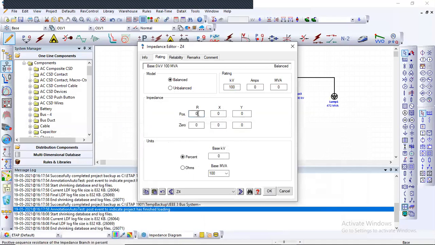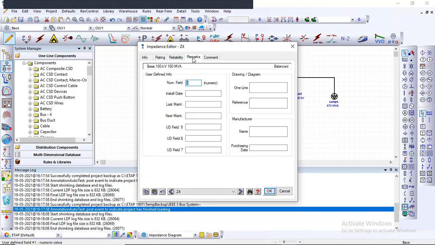So we need to place 2, 4, 4 and 0 as uncertain. So the percentage base kV would be 100. You need to again place there, and other things are reliability aspects and remarks, comments, all things you need to place out there. Reference SLD